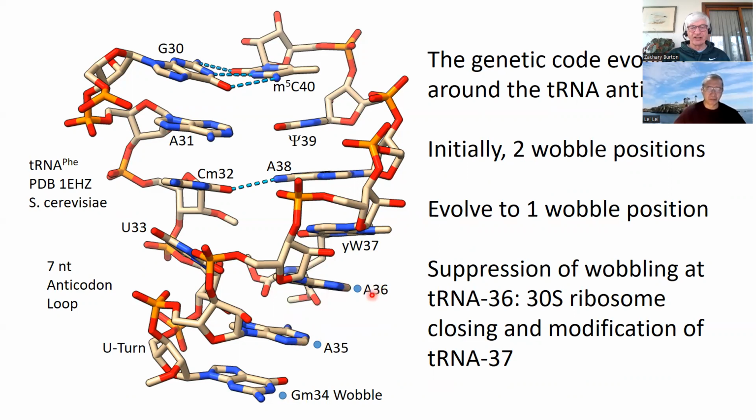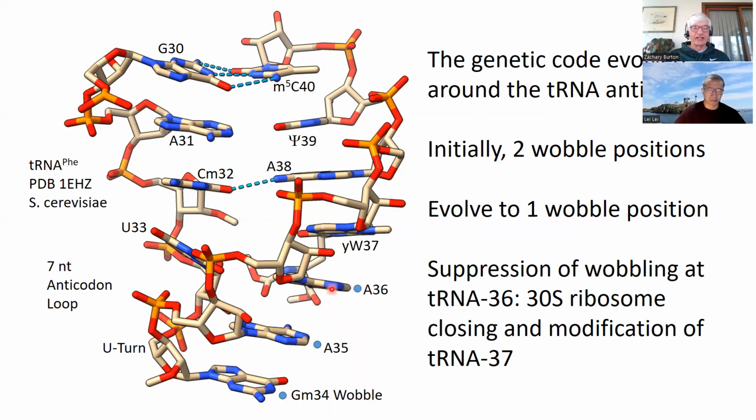So messenger RNA, the codon, you have a first codon base here, second codon base there, a third and wobble codon base here. So at a wobble position, you only have two possibilities, purine versus pyrimidine. You don't have four base discrimination. At a Watson-Crick position, you have four possibilities, AGCU and AGCU.